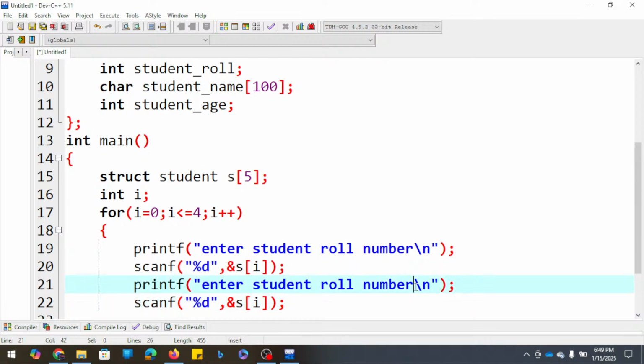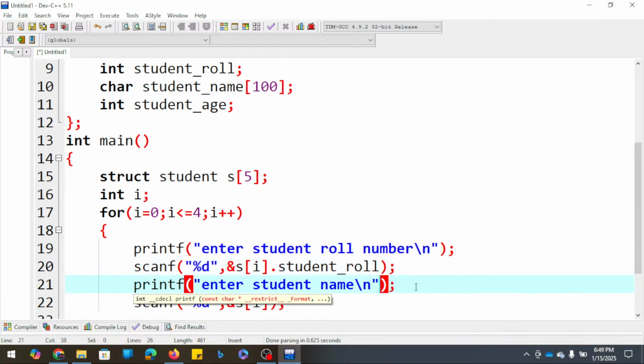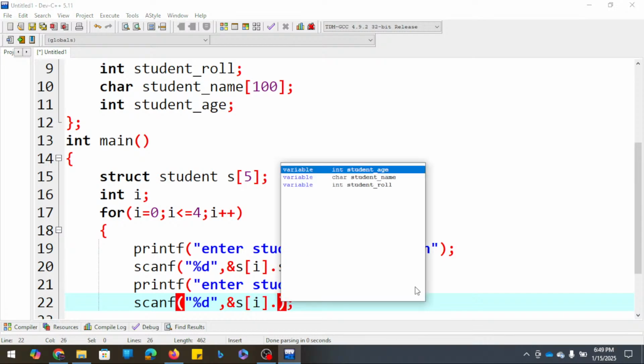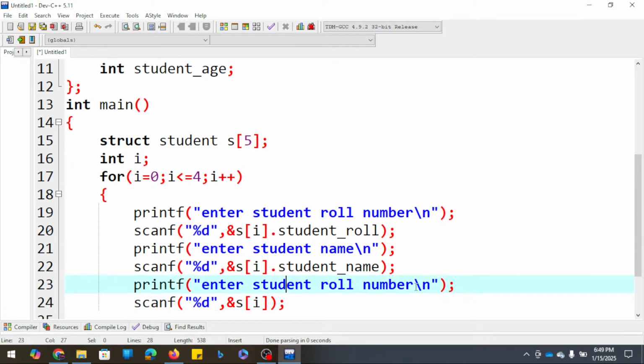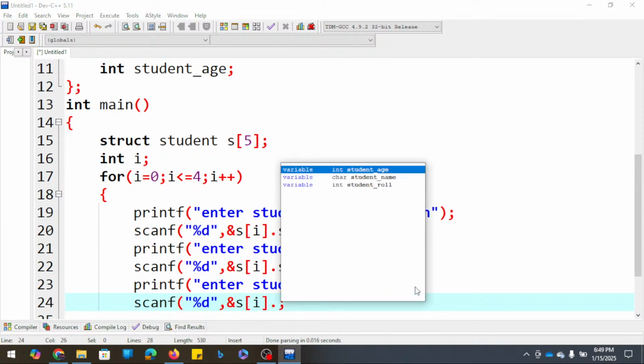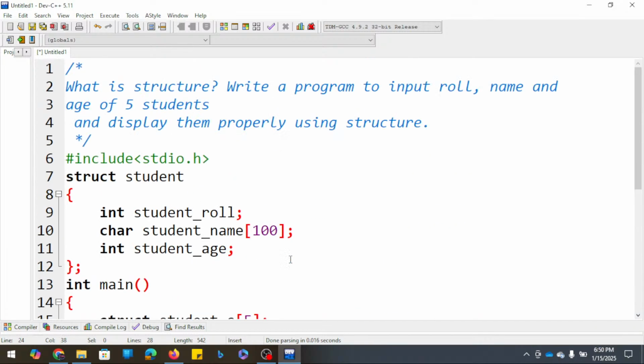Student name, dot student roll, yes, here dot student name, student age. That's all. So we have finished the input, and we are also asked to display them properly using